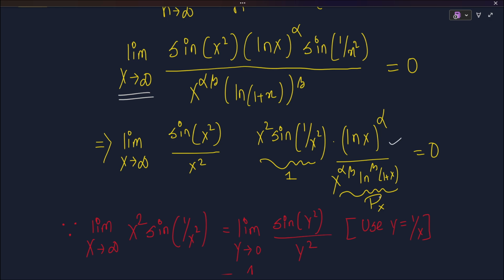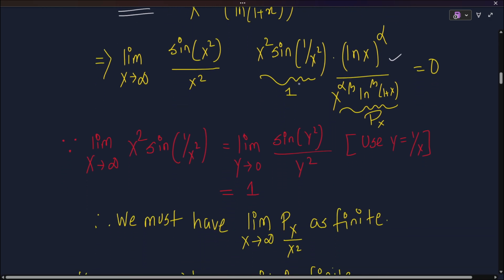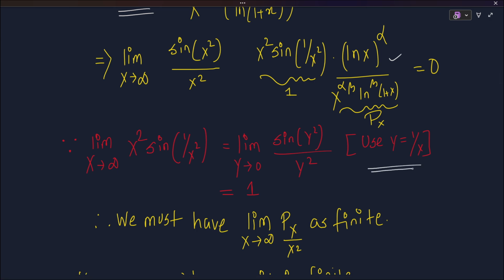And then you have the rest of the part, which we can call px, this whole thing. Okay, so this whole thing, the third part, we can call px. Now, the second part is 1 because you can basically make the substitution y equals 1 by x,